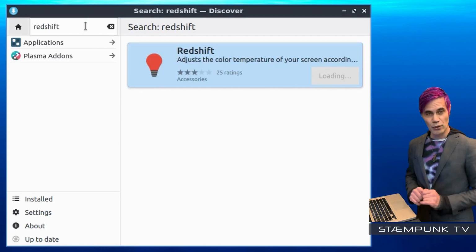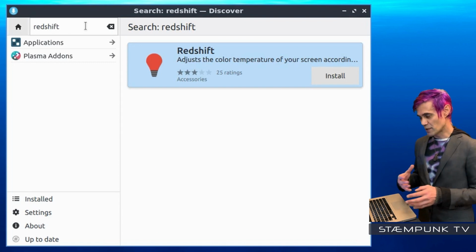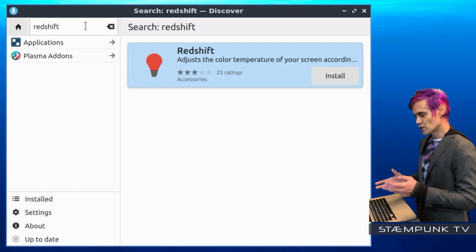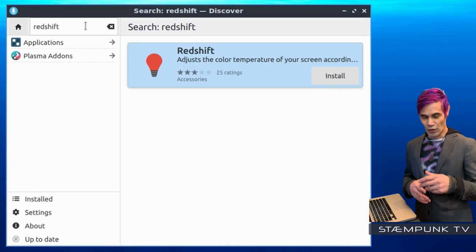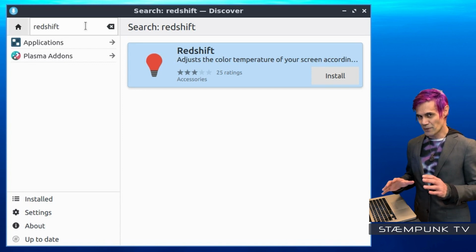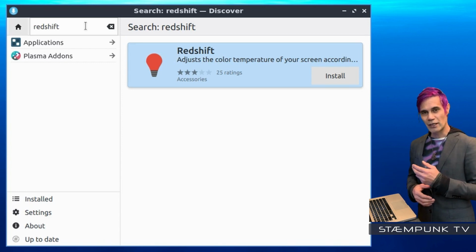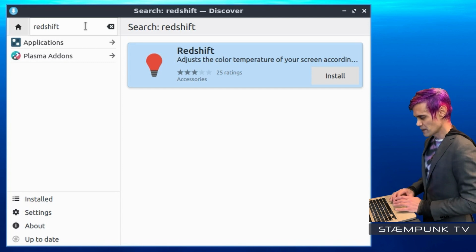So Redshift is really cool. If I'm working at nighttime, it actually blocks the blue light, which means that when I'm working late into the night, I don't have the blue light from the screen tricking my brain into thinking that it's still daytime. Otherwise, when I go to bed and try to go to sleep, my brain is still sending me messages that no, it's still daytime, you just saw blue light. Using Redshift will block the blue light, which means that I can get a good night's sleep after working late on my computer. So I'll click install